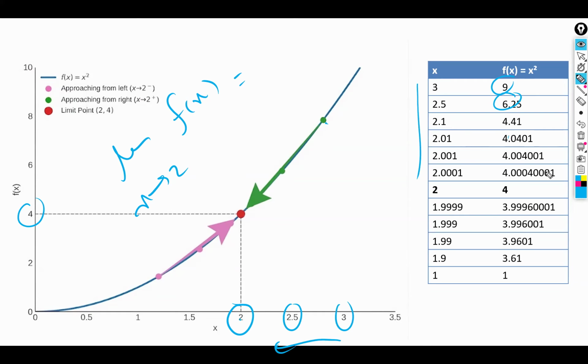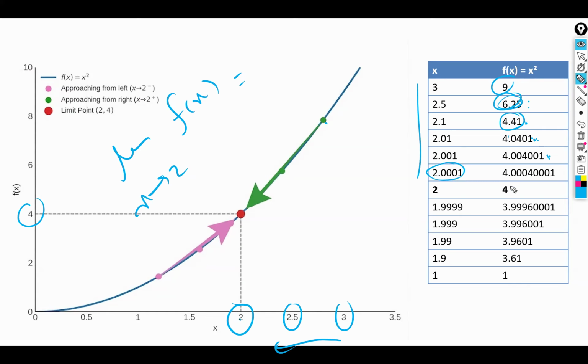It's getting closer and closer to 4. Actually, you can see this is smaller than this. This is smaller than this. This is smaller than this. This is smaller than this. 4.41 is smaller than 6.2. Right? So if you reach somewhat more closer to this 2 than this, that is